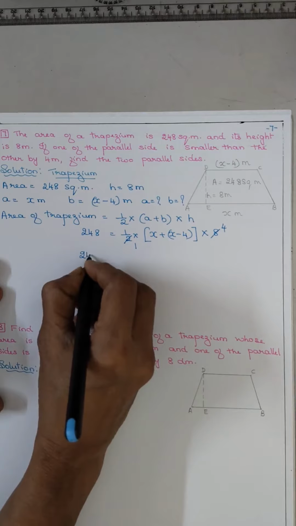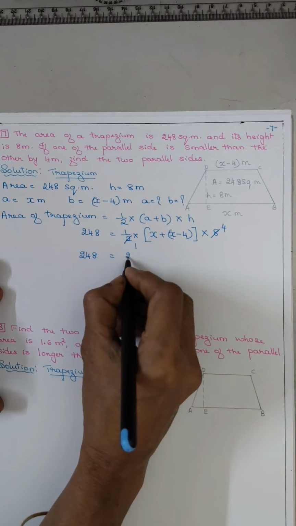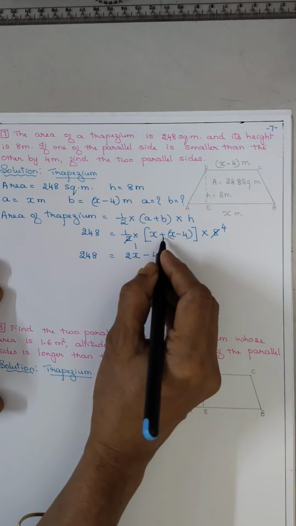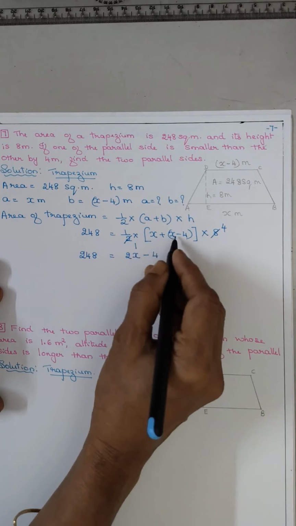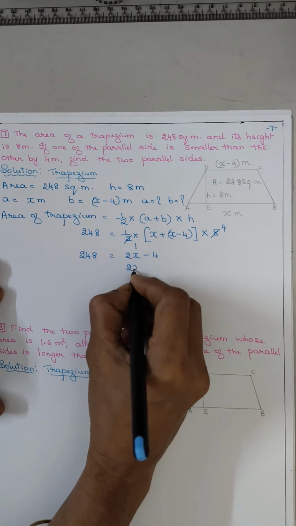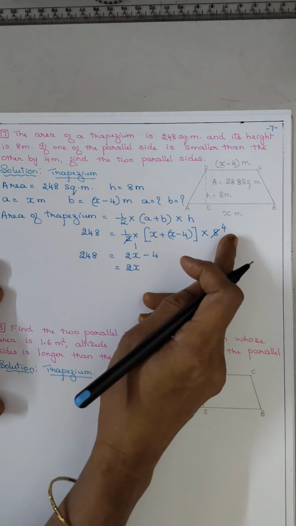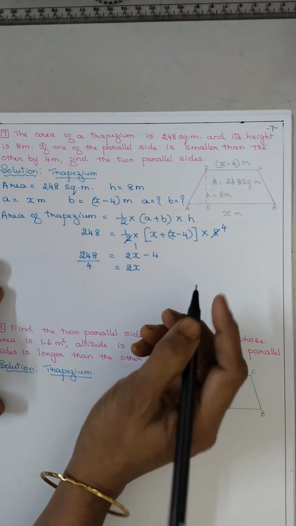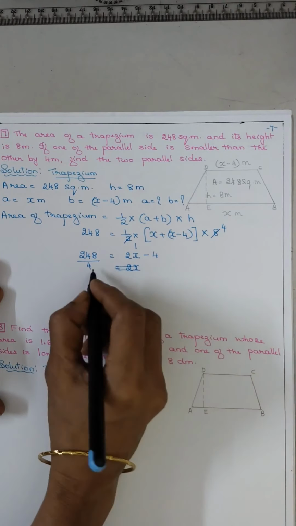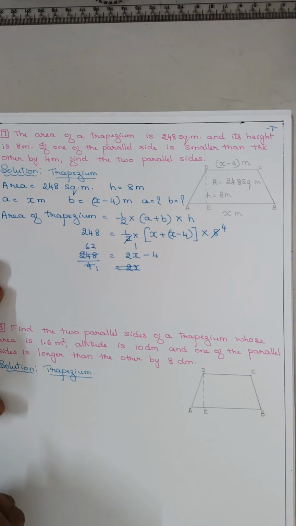So you got 248 is equal to x plus x, that is 2x minus 4. Here there is a bracket but here there is a plus, so directly you can do x plus x is 2x minus 4. So 2x is equal to, sorry, here 4 is there, so bring it to the other side. This 4, when it is on the other side, it will be divide. 4 1s are 4, 6s are 24, 4 2s are 8.